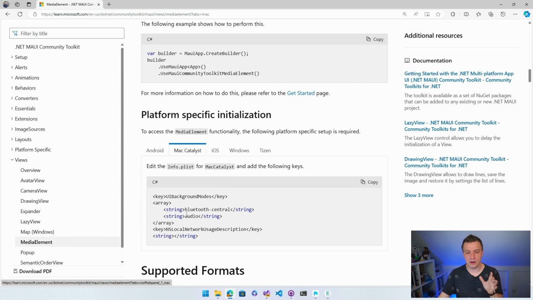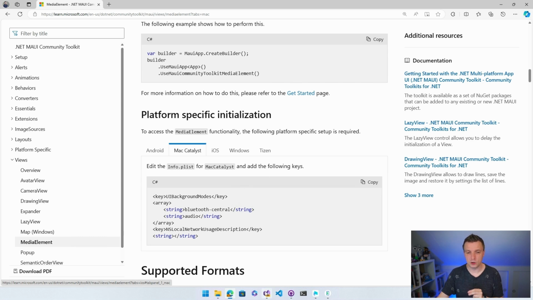You can see that right here with Bluetooth and audio and network usage, because it can also do things inside of your network. You can now also automatically AirPlay to devices on your network and do all that kind of stuff. So that's why that's coming up. That might also be triggering the Bluetooth and the network discovery dialog that you see on iOS for all of this. So if you see that, that's probably why this is happening right here.